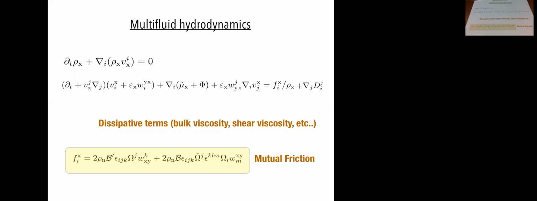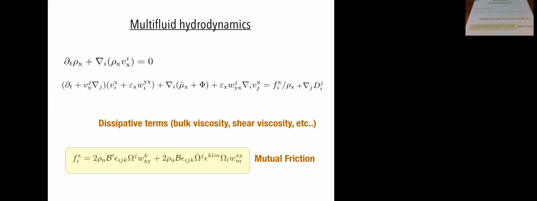And then over here on the right-hand side of the other equations, you can have standard dissipative terms, of course, more than in the Navier-Stokes equation, because now you can have various more degrees of freedom of ways that things can shear against each other, etc. And then we have the mutual friction force. This was discussed yesterday, later also with Professor Minen. This is where we see that we actually have vortices in the system.